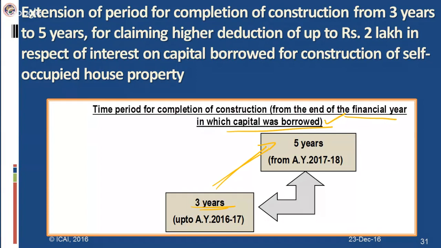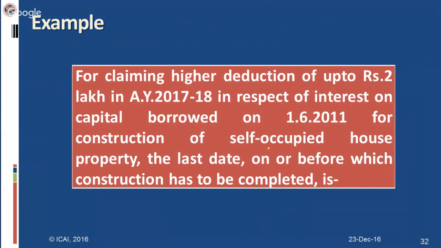Let's take an example for understanding this amendment. For claiming the higher deduction, suppose a capital is borrowed on 1/6/2011 for construction of a self-occupied property. It is borrowed for construction, so he is eligible for ₹2 lakh. So there is a condition that he has to complete the construction within 5 years from the end of the financial year in which capital was borrowed. You have to check the financial year in which capital was borrowed, not when the construction was started. So he borrowed the loan on 1/6/2011, and the financial year comes to an end on